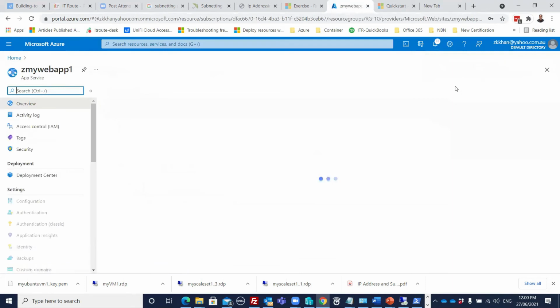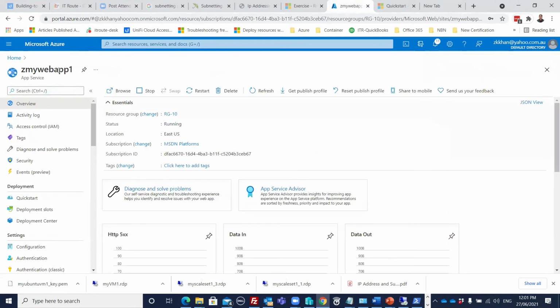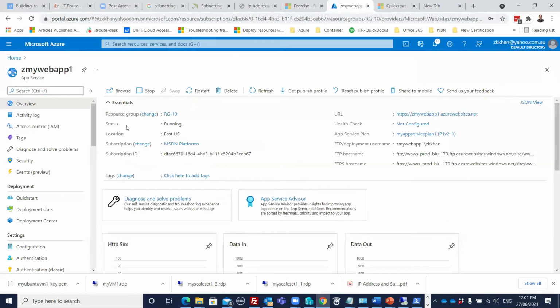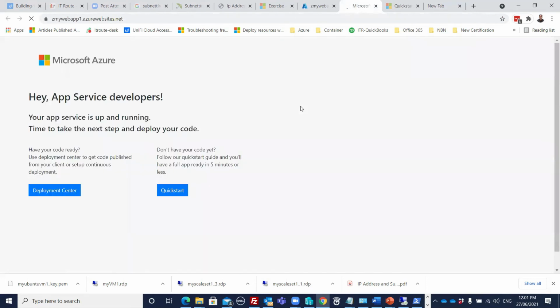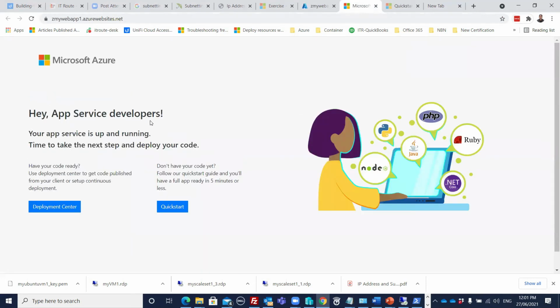Click on go to resource. So this is my web app. So this web service is actually up and running. If I click on browse, see, hey app service developers, your app service is up and running. So we deployed one of the PHP. So underneath we have the Linux machines and on top of that the PHP platform, and we have some PHP configurations